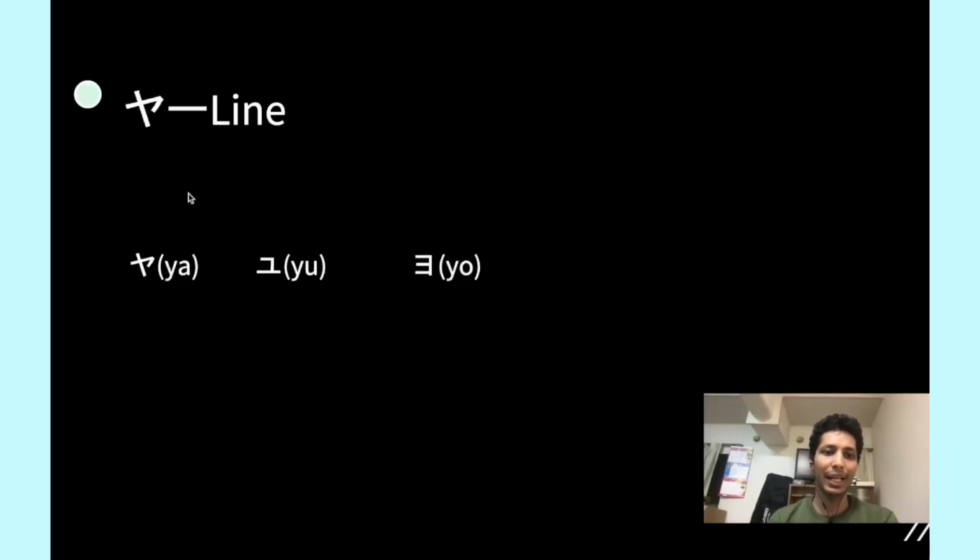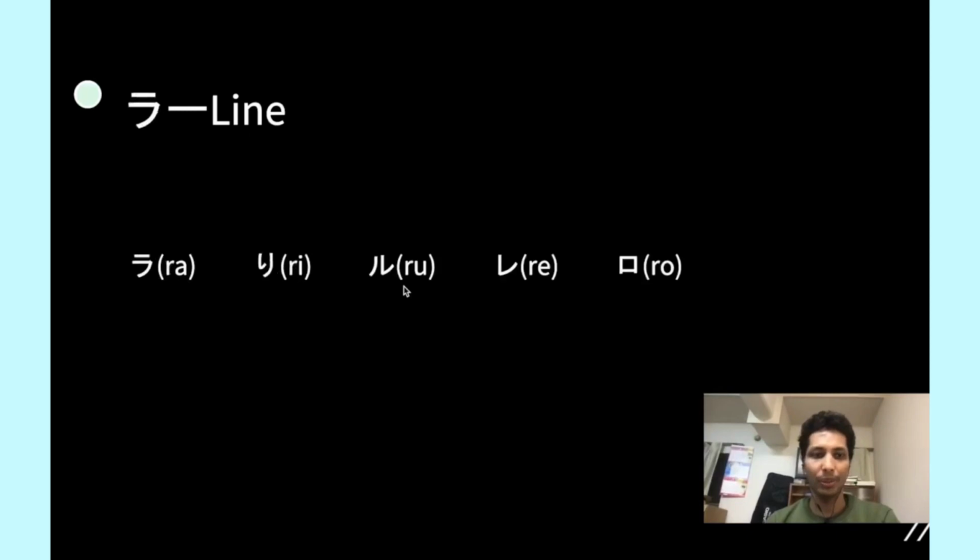Next is ya line. Remember, in hiragana we learned about ya. In hiragana ya goes down and then is more curly, but this is straight. As I said earlier, katakana is a straight writing system, so just make everything straight. So ya, yu, yo, there is no rule here. They are pretty much different from hiragana yu and hiragana yo. So just remember ya, yu and yo.